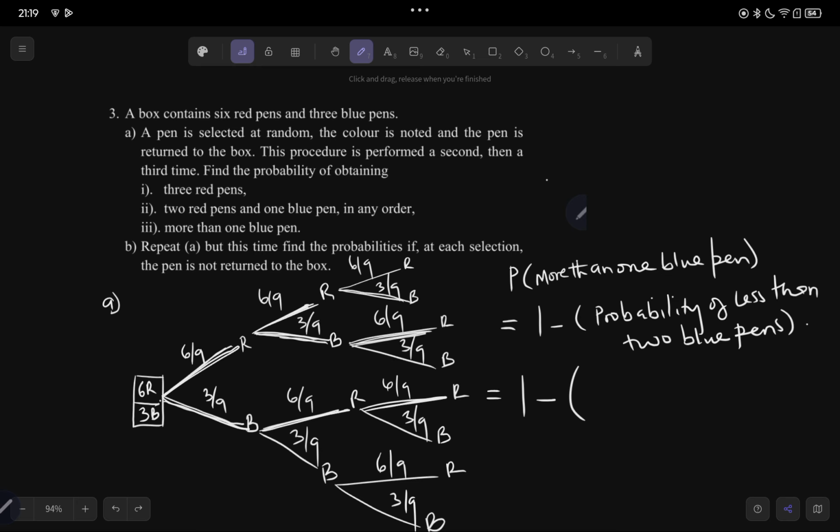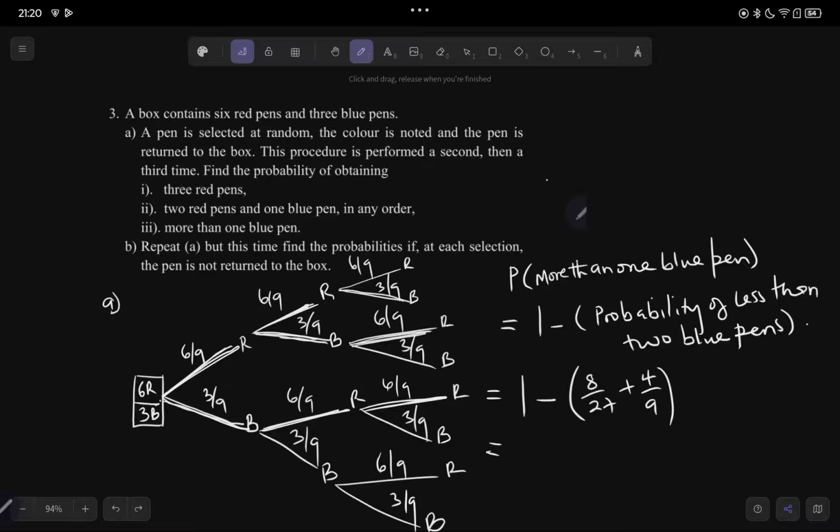So 1 minus the probability of less than 2, that is 0 and 1. The first one was 8/27, and the second one was 4/9. Remember, our first one was 3 red pens, which means 0 blue pens. Then the second was 2 red pens, 1 blue pen. So we have 0 and 1, and we want more than 1. So whatever is left out of Roman 1, Roman 2 is what we want,